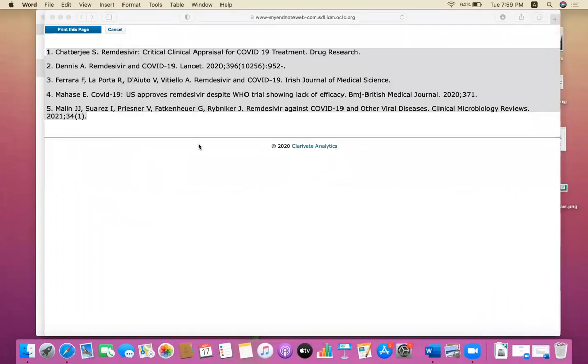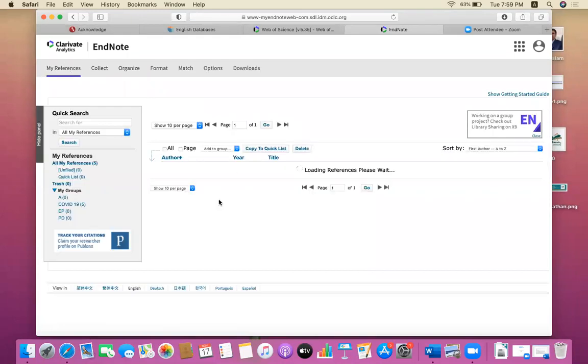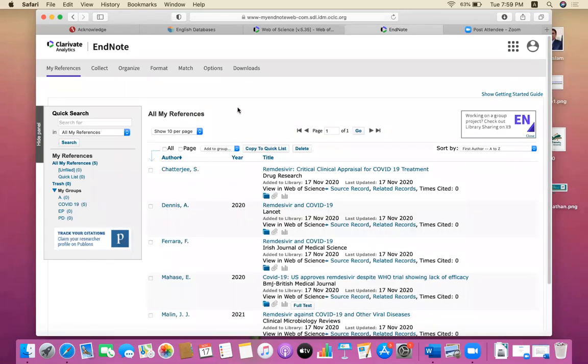There is also another simple way: Cite While You Write. This software is also from EndNote, and for this software we need to install some plugins in our computers or laptops.